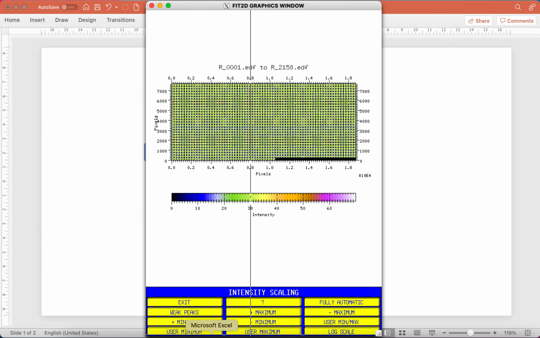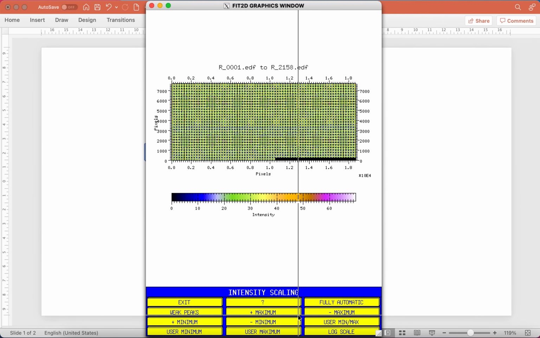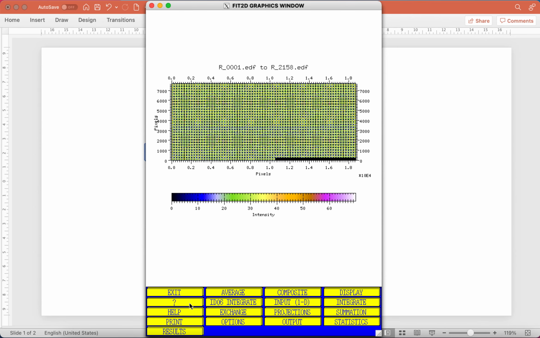Also, in the intensity scaling, before exiting, we need to note the user maximum. So in our case, this is 70, and you can round it up. So this is 70, note this number. Click OK, and then we need to save this composite map. So we click on Exit to go to the previous menu, and then we go to Output. Click Output,